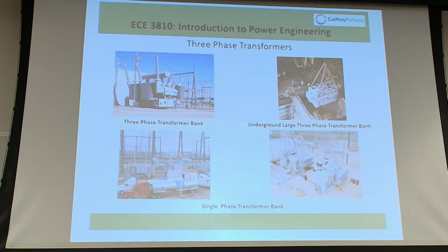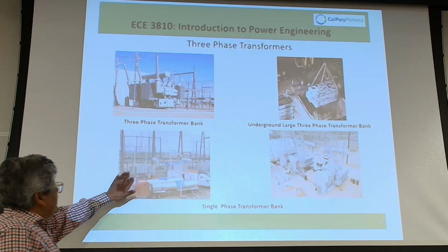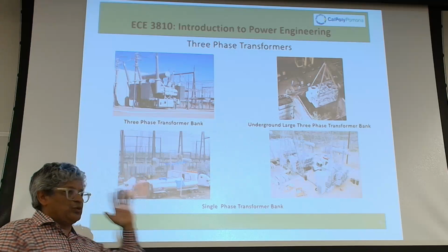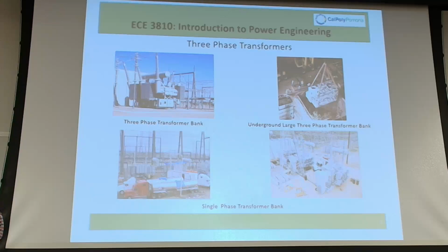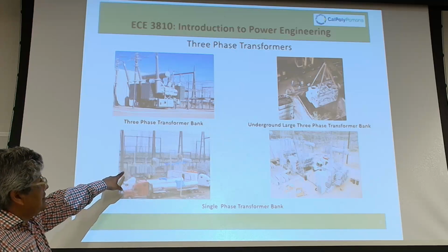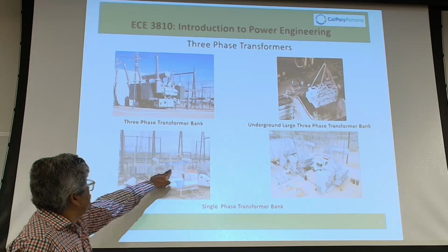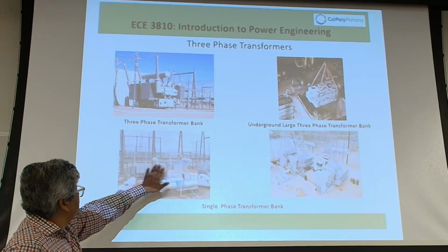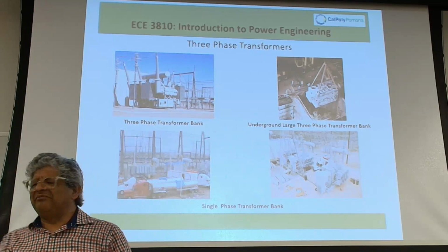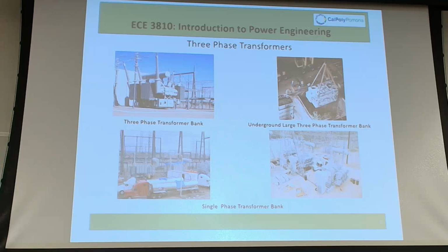The other thing is single-phase transformers. Sometimes the MVA becomes so large that you cannot have all three phases in one tank. It will be way too big. So what we do is break it into three pieces and make phases A, B, and C separate. You can see this one right here is a bank. You can see 1, 2, this is a picture taken under construction. The substation is called Whirlwind. If you ever drive in, it's in